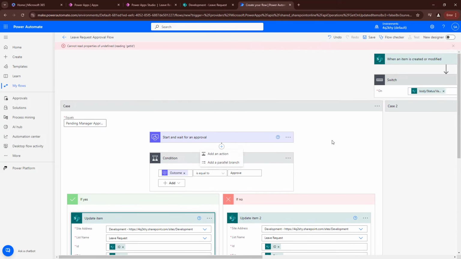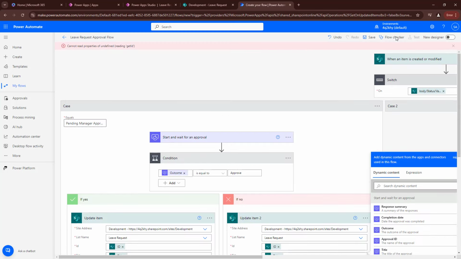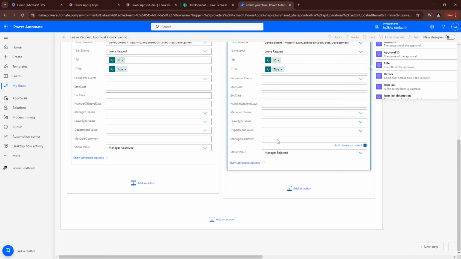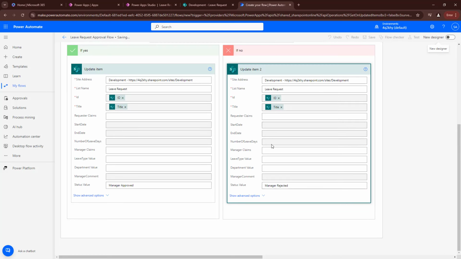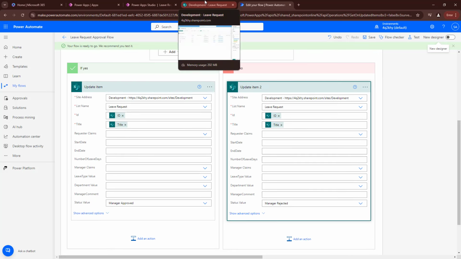So to also handle the comments, right here we have an option, a field for the manager comments. While we are doing that, let's just save our flow so we don't lose the changes we have made. So we may want to also capture whatever comments that the manager made, and then maybe we want to also capture the time the manager took the action, either